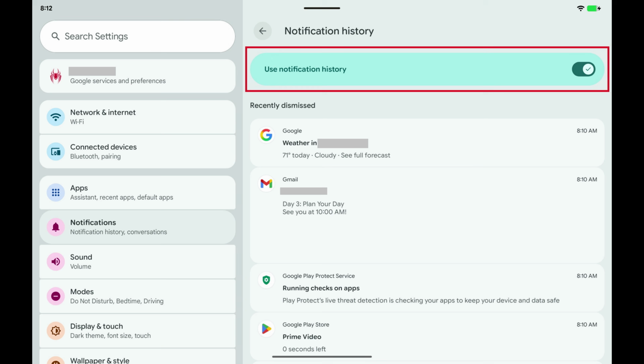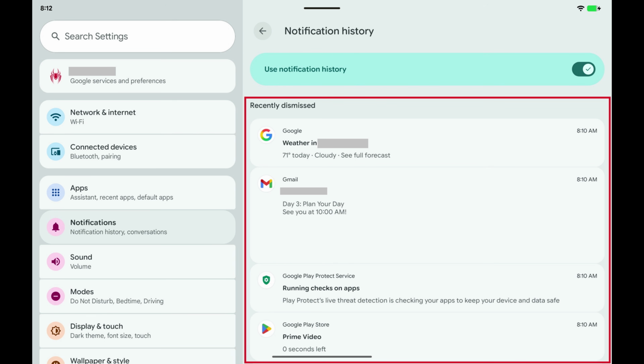Step 4. Check to make sure Use Notification History is enabled at the top of this menu. If it isn't, you'll need to toggle it on in order to see your Google Pixel notification history. If notification history is enabled, you'll see a Recently Dismissed section at the top, which will show your notifications you've